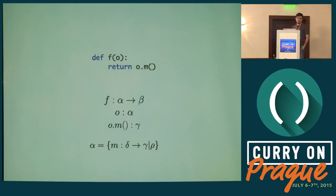Now it's time to collect constraints. Basically, a constraint is an equality. Every time I call a method on an object, or do something which tells me that two types are the same, I add one of these constraints. In this case, because I'm calling the method m on the object o, I say that alpha, which is the type of o, should be an object which has a method m, which receives some parameter delta, and gives me back a gamma, because that's what I'm returning from my function. It might have any number of fields, I don't care about them. Then, I'm calling m with no arguments, with unit, so